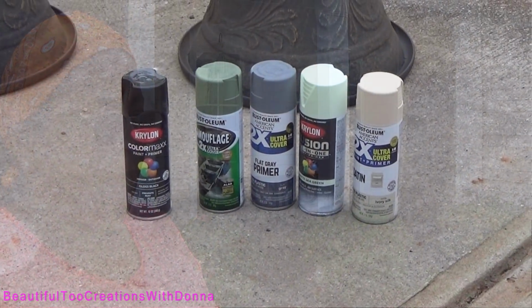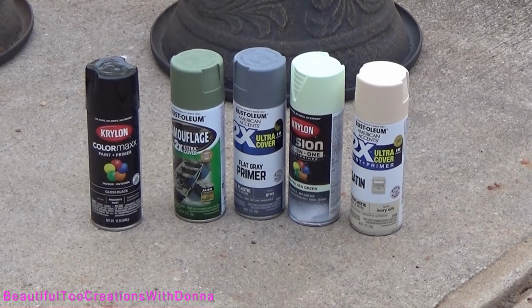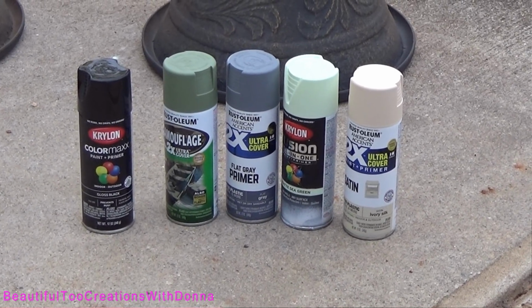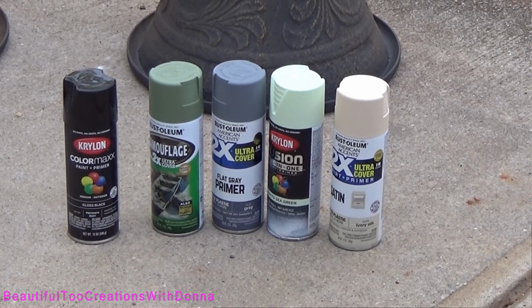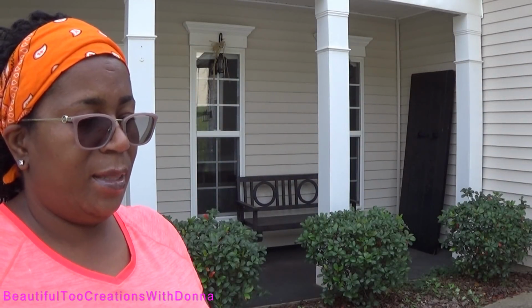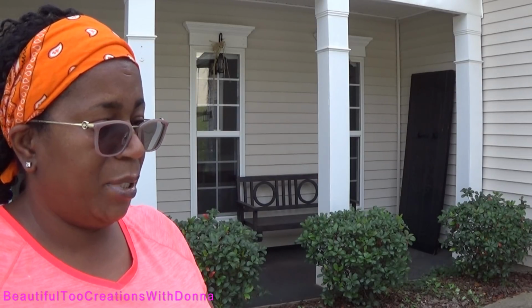Well, a couple of them I had, and I picked up a couple of other colors. As you can see, that black is for my bench and the planters. But then I have that green, almost like an army green, and then the gray, then the lighter green, and then a cream color. And I do have a blue